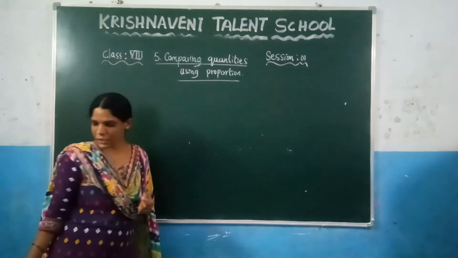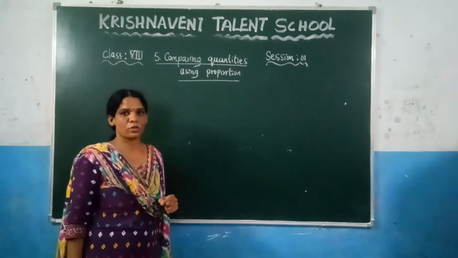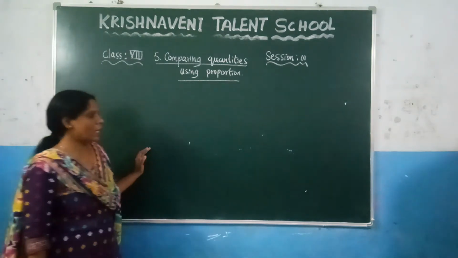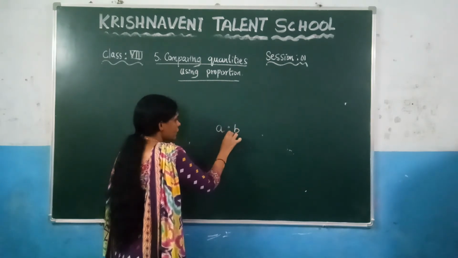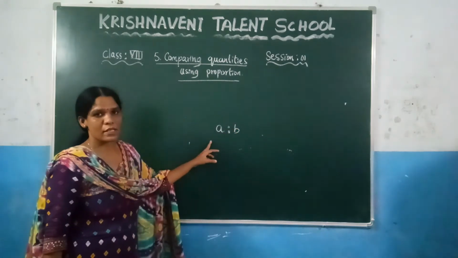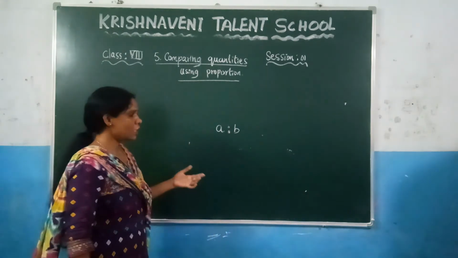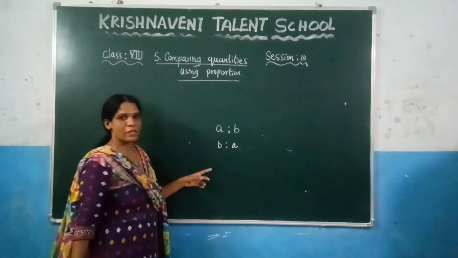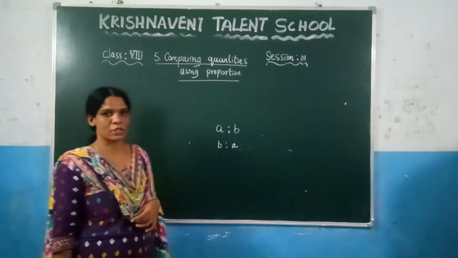So here in the ratio we have discussed many things up to now. What is the meaning of ratio? The ordered comparison of two quantities, we call it a ratio, and the ratio is denoted by A is to B. This A we call an antecedent, and this B we call a consequent. And if you are writing in the reverse manner, which is B is to A, this one we call an inverse ratio.